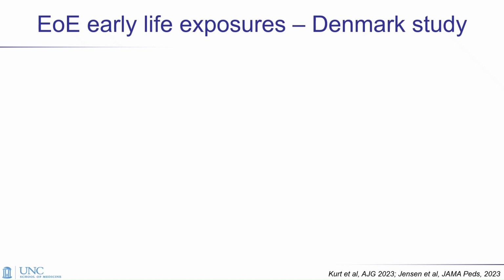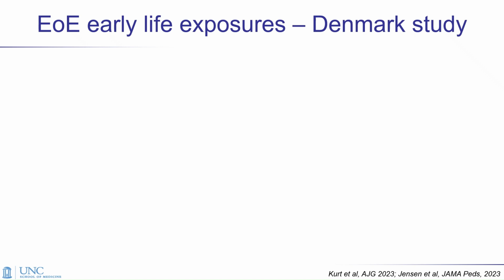So to explore this and to build on previous data that were suggestive of a number of early life factors, including early life antibiotics, neonatal ICU stays, cesarean section delivery, and possibly breastfeeding,